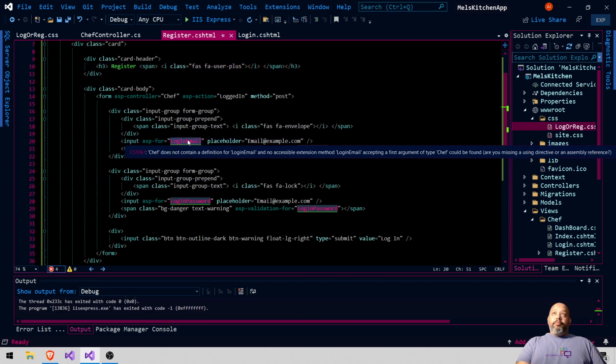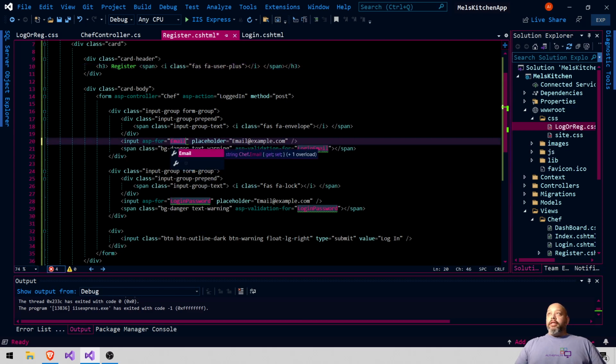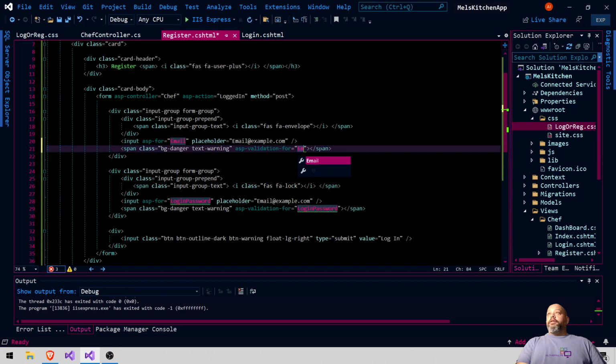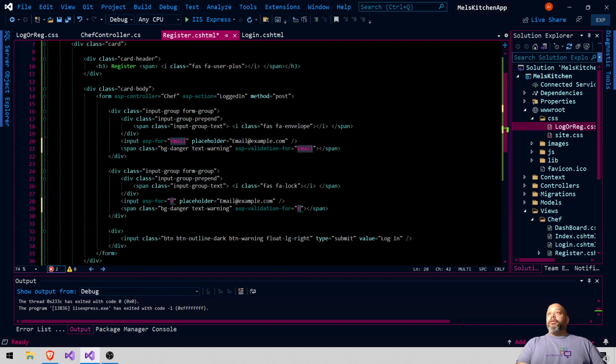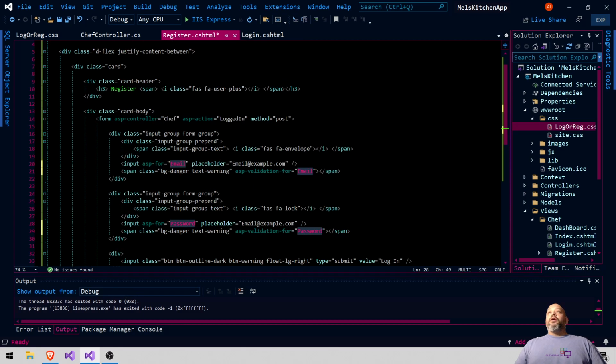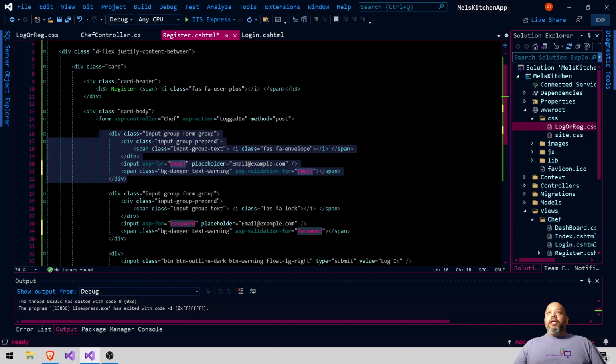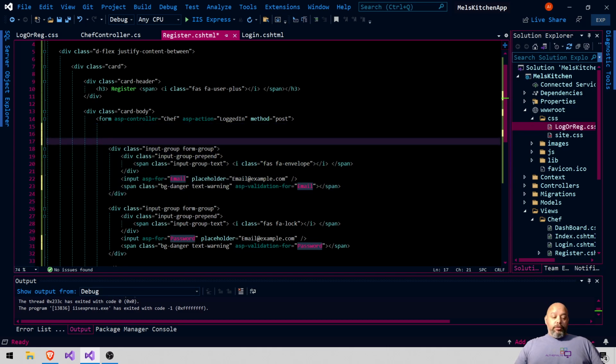Well, this one's just gonna be email. Let's just leave that one email. Let's make that one email, and then this one email. Now this one is just gonna be password. Control D, password, right? See how you have it right here, password right here. That's the reason it didn't give you IntelliSense. And if you did it wrong, well, you'll see it. So we want first name, last name. Let's Control C. All right, Control V,